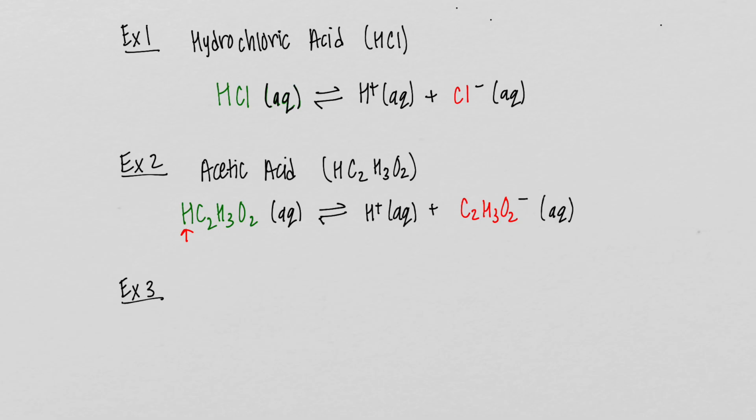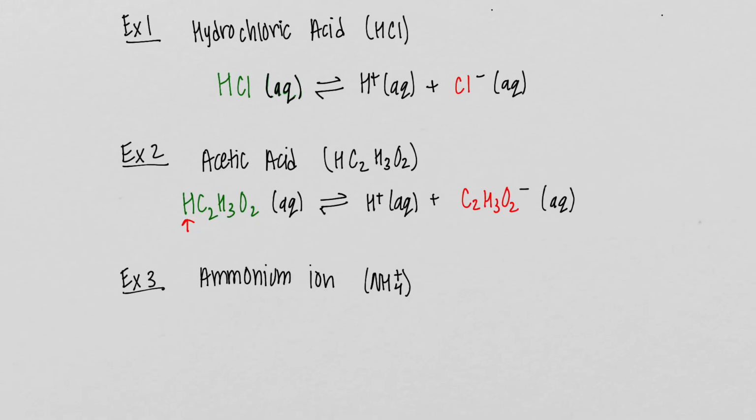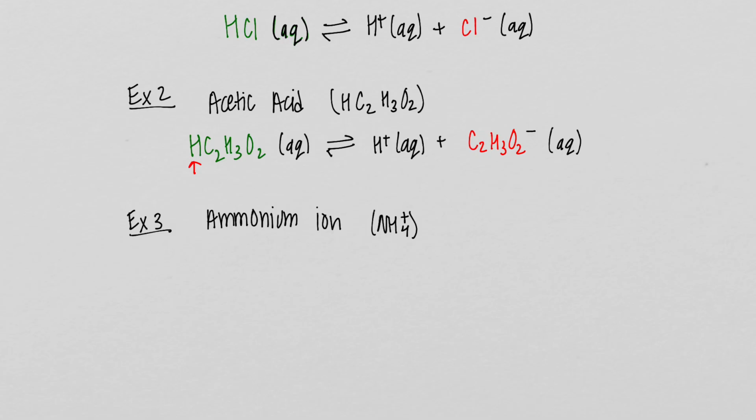Example 3, let's do the ammonium ion, which is NH4 plus. These should be on the back of your periodic table in the polyatomic ion chart. So NH4 plus, if it dissociates in water, that's what we're starting off with. NH4 plus, in aqueous form,